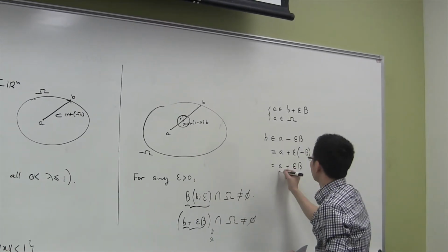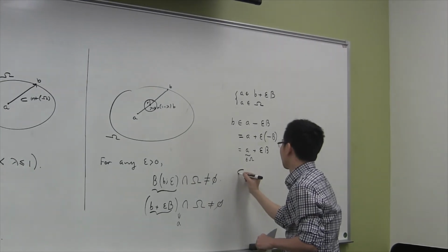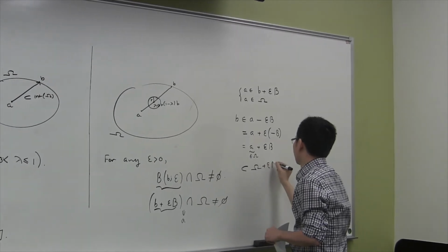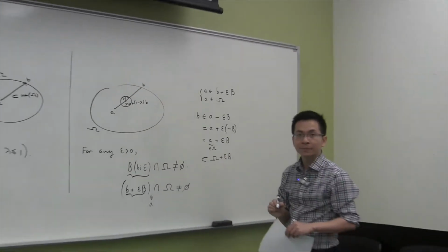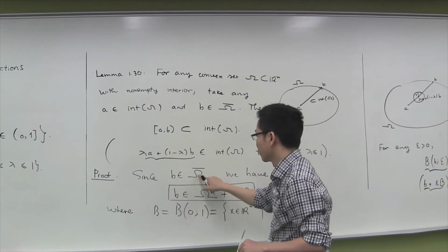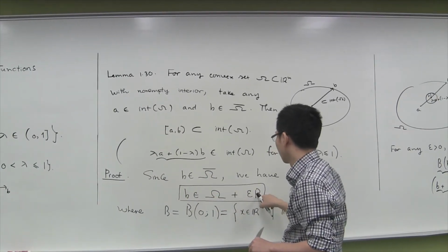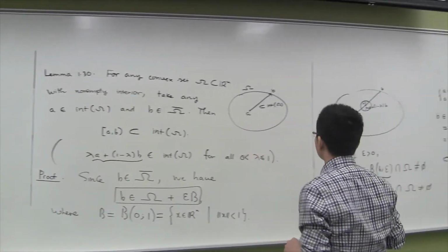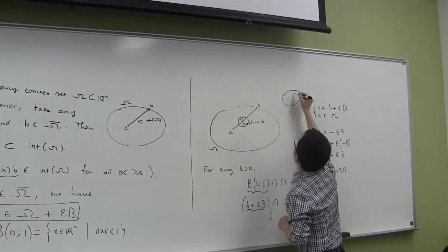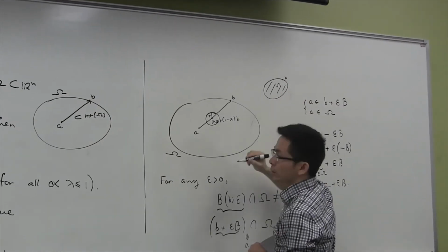Note that this element A is in omega. So this set is a subset of omega plus epsilon B. Okay, so we see that if B is in the closure of omega, then B belongs to omega plus epsilon times B. So the geometric interpretation is that if this is the set omega and B is in the closure of omega,